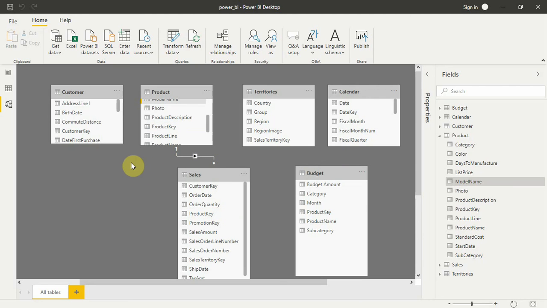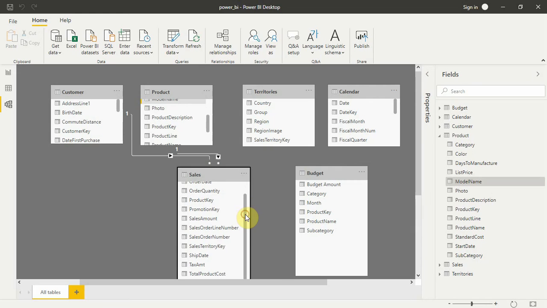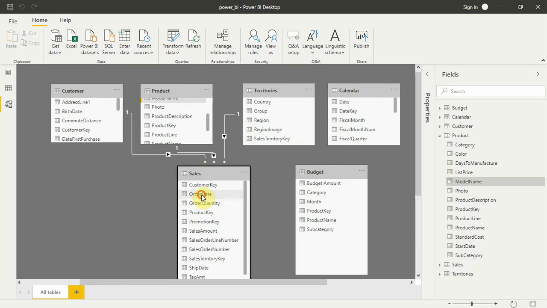Next we make the relationship from the sales customer key to this customer key. Now we'll take the sales territory key to this sales territory key, and finally we'll link the order date to the date in the calendar.